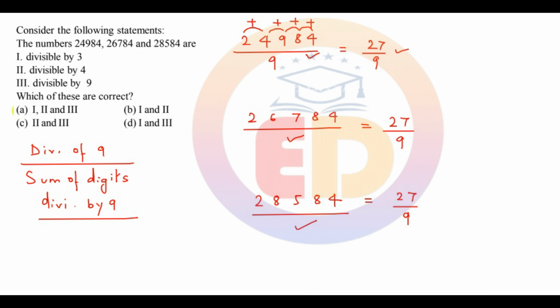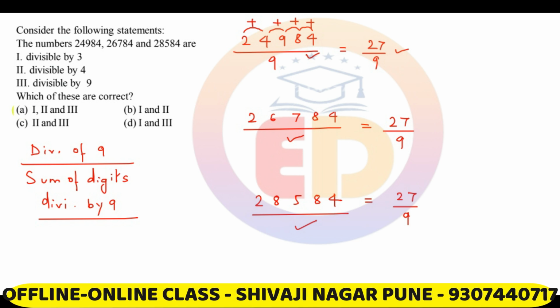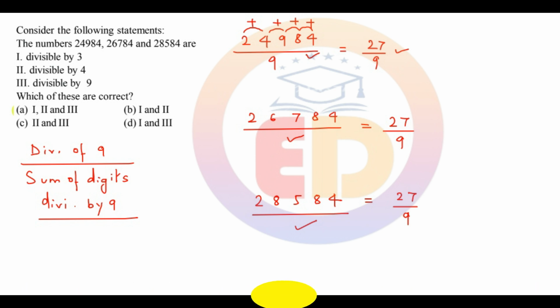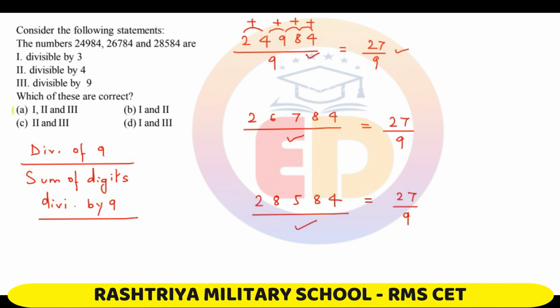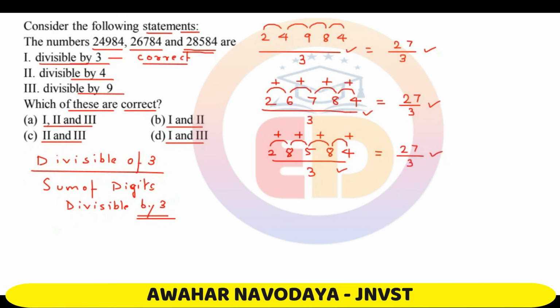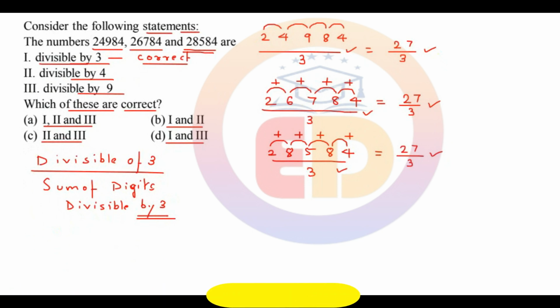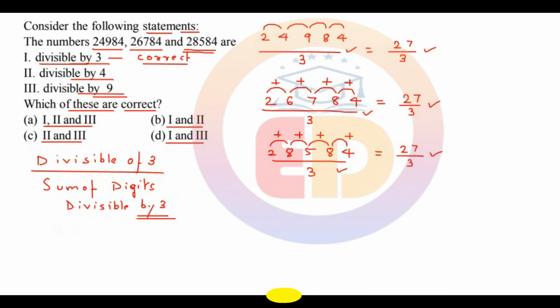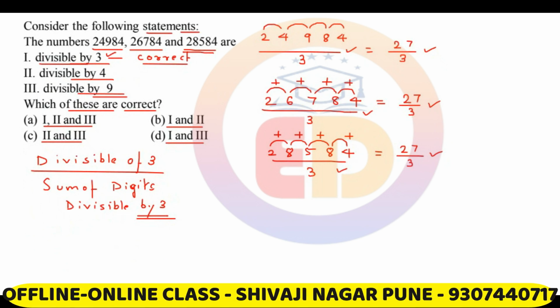Now, a basic point which I want to mention here is that if in a question they ask us both the divisibility of 9 and divisibility of 3, like in here they had asked us whether the number is divisible by 3 and if the number is divisible by 9 at the same time, then